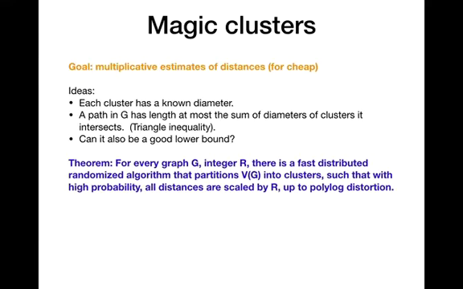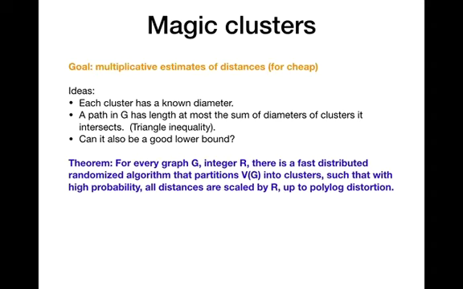So we want to know whether the distance between clusters gives us a good estimate for distances between vertices in the original graph. And the triangle inequality suggests that yes, it gives a good upper bound, but we want to know whether it's also a good lower bound. And theorem: